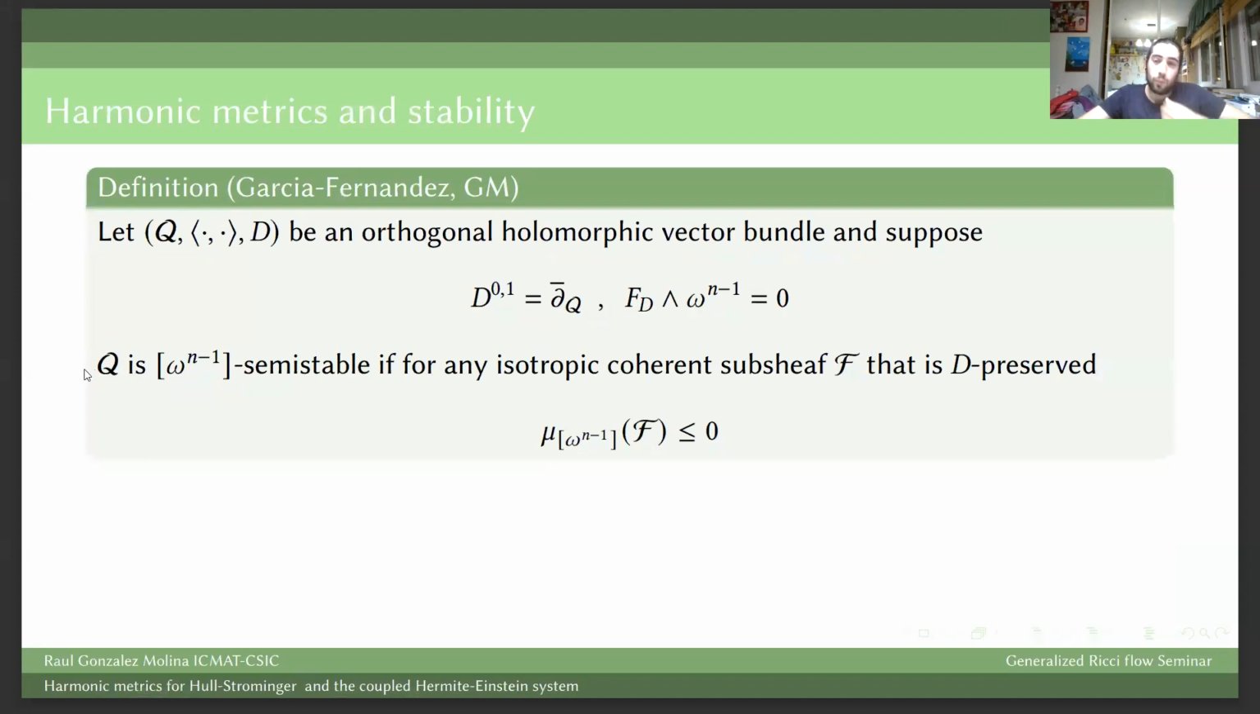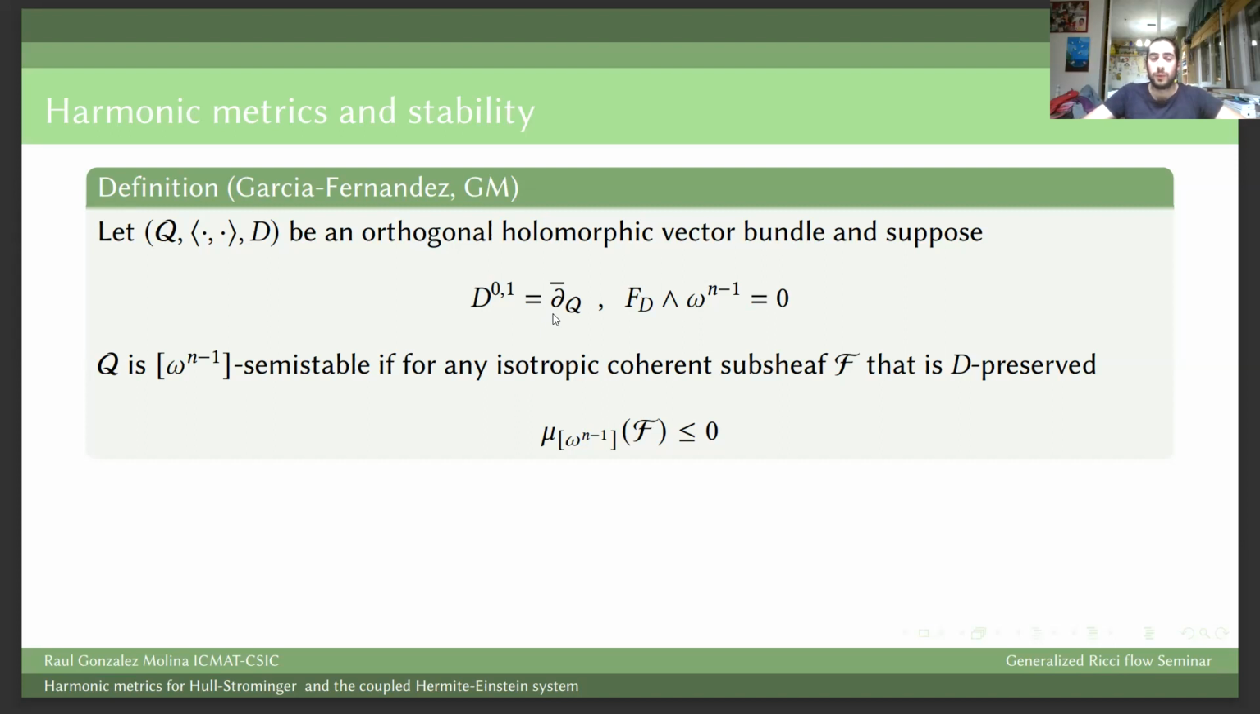So, we have a notion of harmonicity, and this in turn is going to give me a notion that is worth studying, of stability. And my notion of stability is going to be the following. Let's say I have a bundle in the conditions as before: a holomorphic bundle which is orthogonal, and a connection that is Hermitian-Yang-Mills. This is what I will be thinking of because these are supposed to come from a solution of the Hull-Strominger system. So I assume that my connection is Hermitian-Yang-Mills, and also that the 0,1 part of this connection is given